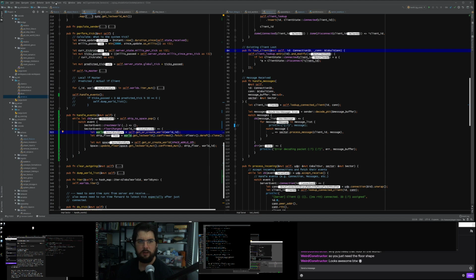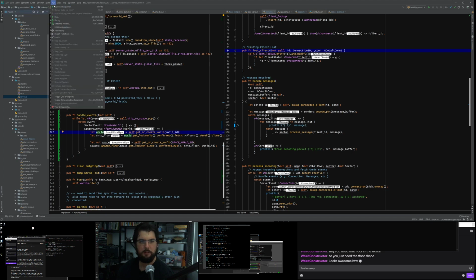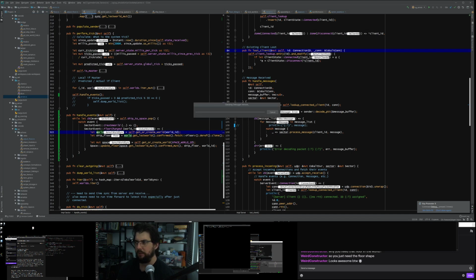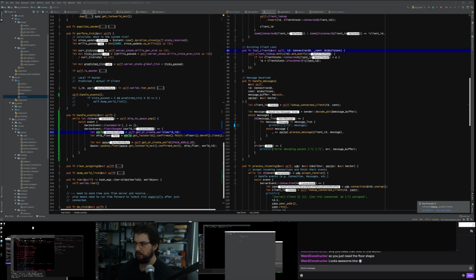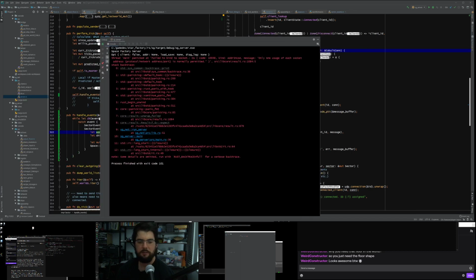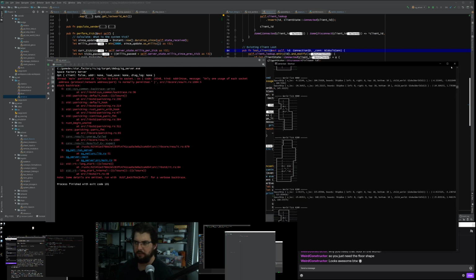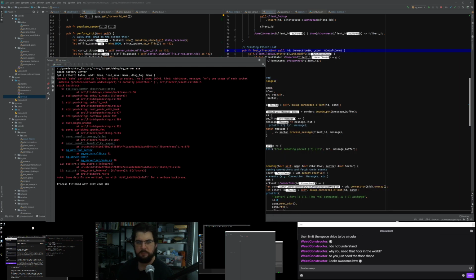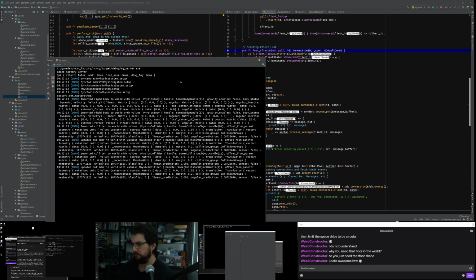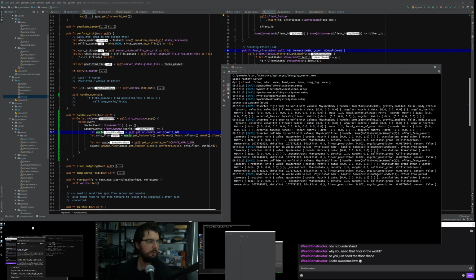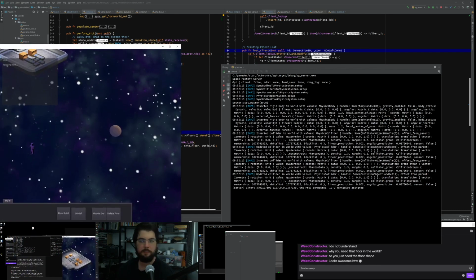So what we're going to do is run the server in the debugger. We'll go to run debug and choose that we want the server to be debugged. It complained it couldn't start up because the server's already running, so I mustn't have realized there was a server there. We'll try that again. Okay, so the server's now running in the debugger. So we'll start the game, and we'll exercise the bug on the server.